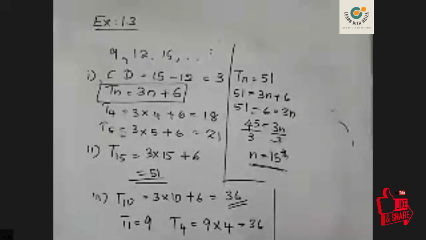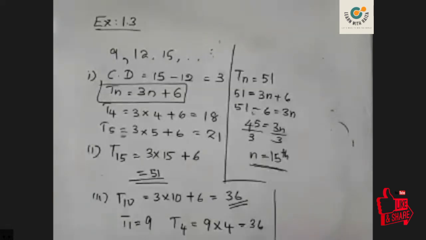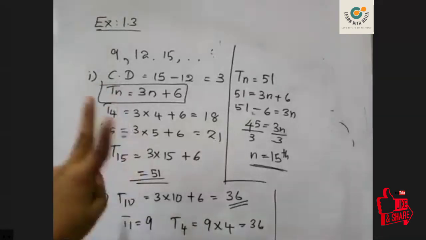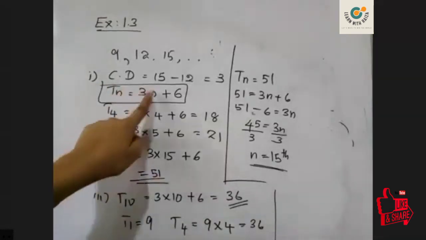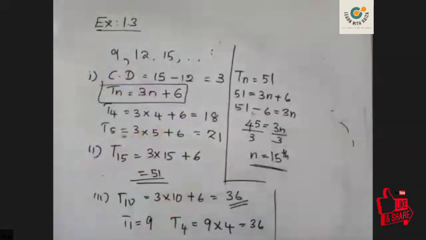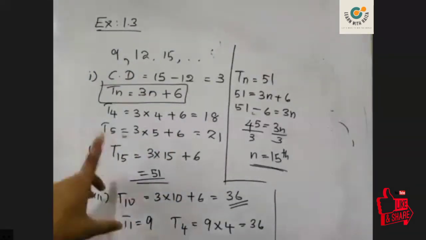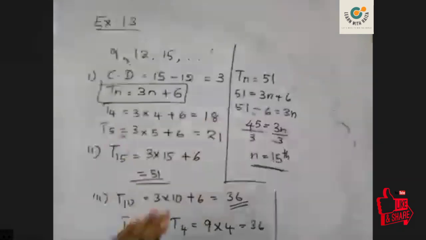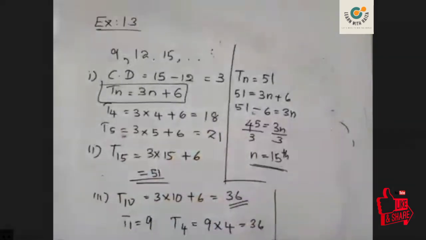This is how you have to find the nth term. So how easy are these questions now? If you know how to build up, if you know how to find the common difference first, that is the first step. Second step, multiply it by n and check how many you have to add, how many you have to subtract. Then arrange your general formula. If you have your general term, you can find out any term and you can find out which term gives that particular value as well.